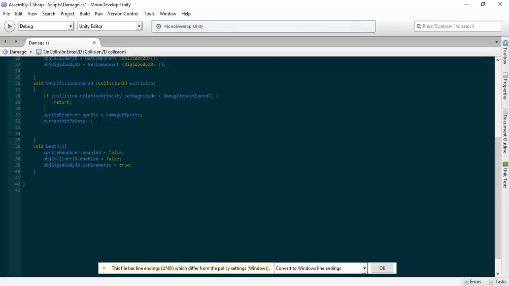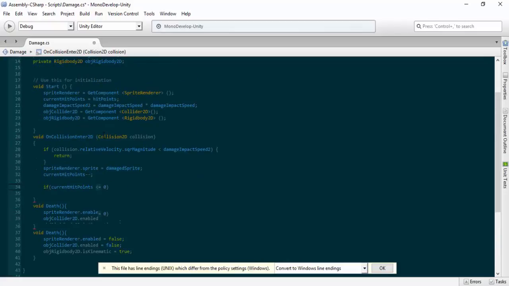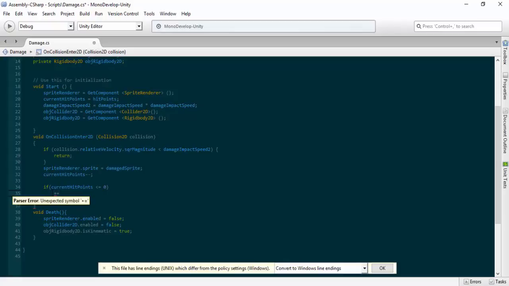This is just where we compare our hit points. So if, and inside the brackets, current hit points is less than or equals to 0. That's what that is, by the way. I may have used it a few times before. If you put something like plus equals or minus equals, it's a bad example, really. So what you say here is 10 plus equals 5. What that will do is